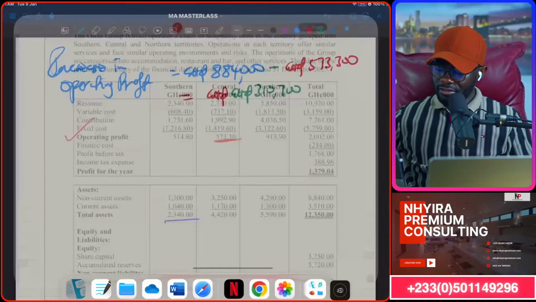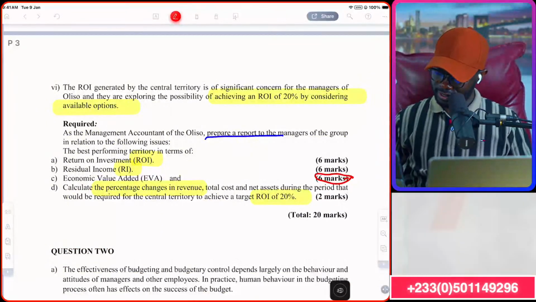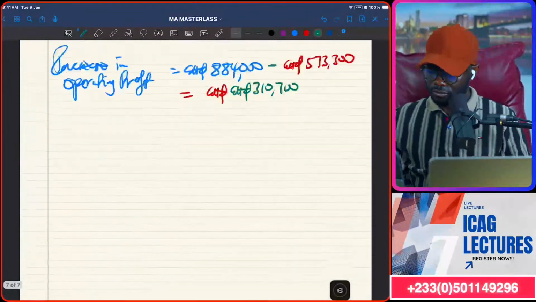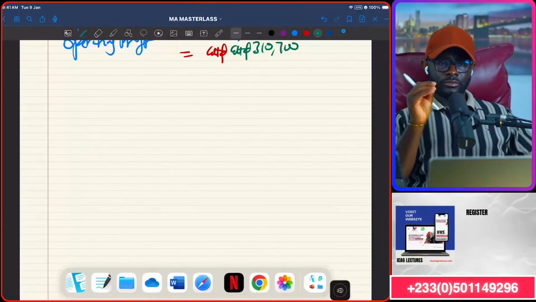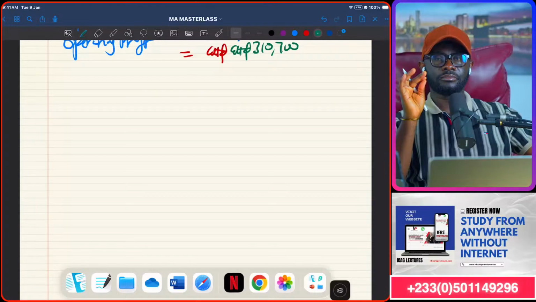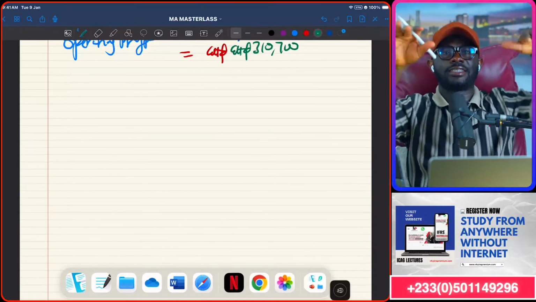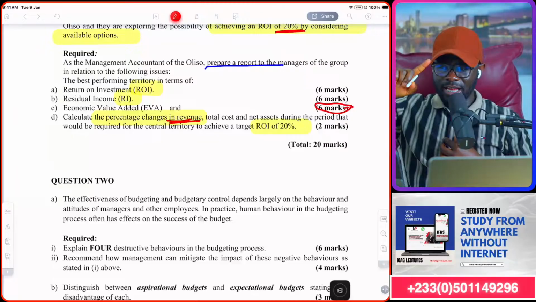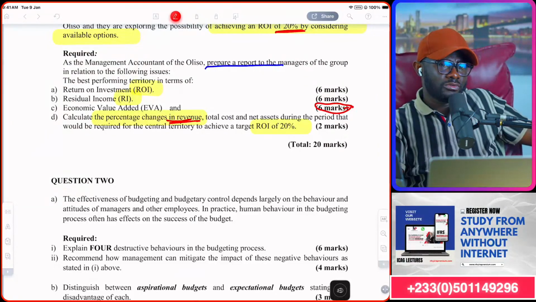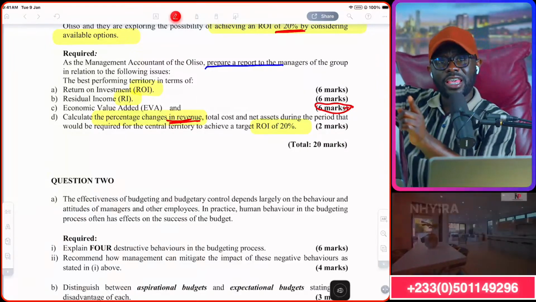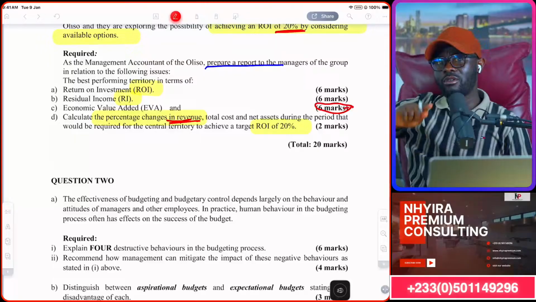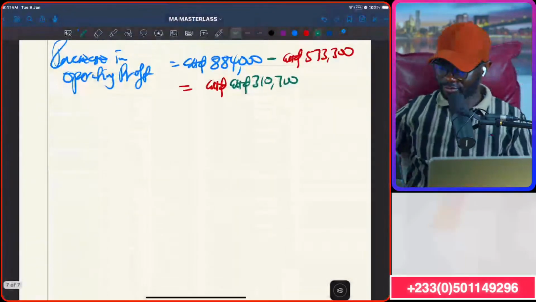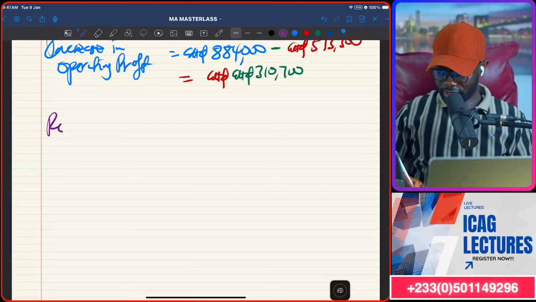Now, if the target profit is 20% of ROI, and we've seen that coming up here as 884, the question then is, what should be their revenue? So you have to be careful here as a management accounting student. If I want a certain target profit, and I need to know the revenue I need to get that profit, what should I do? So you then have to go back to your break-even analysis concept. Revenue for target profit. So here we go. So let's look at the revenue